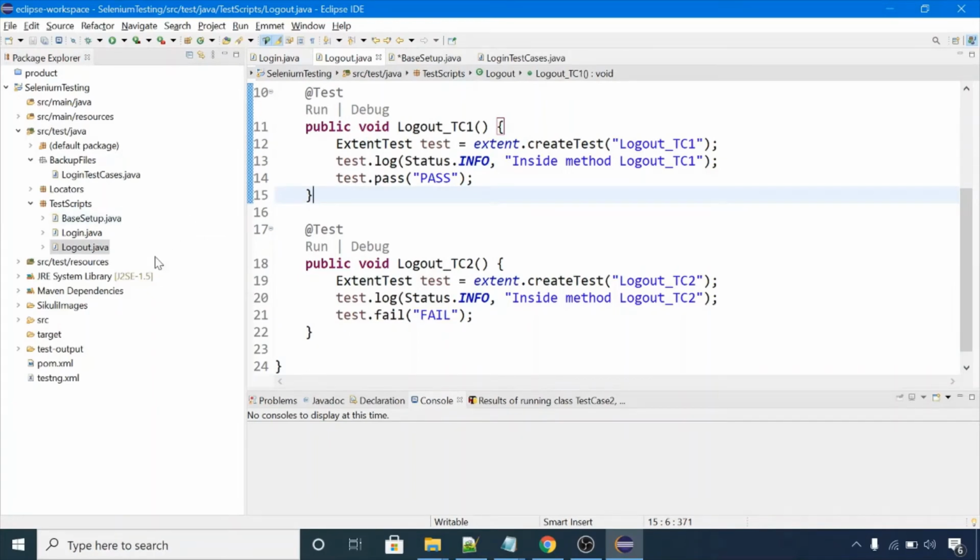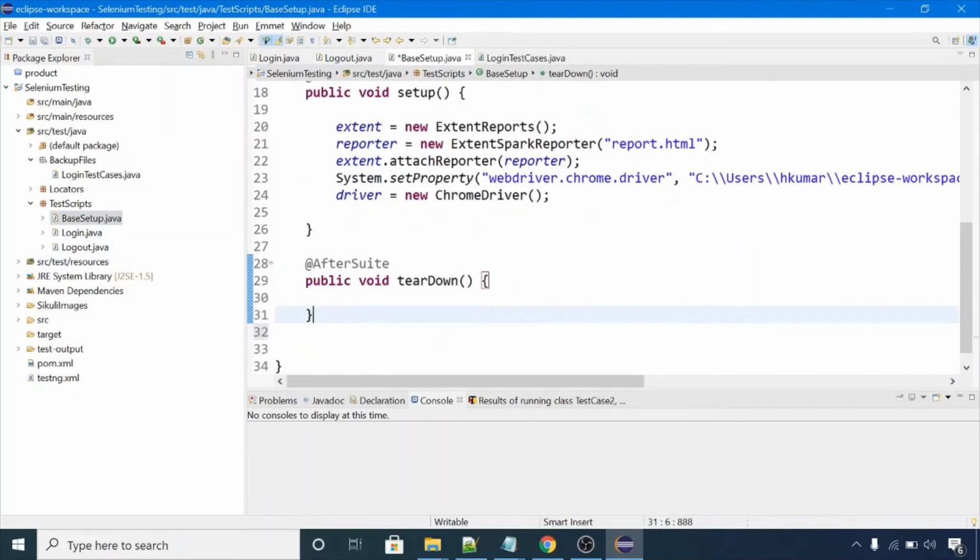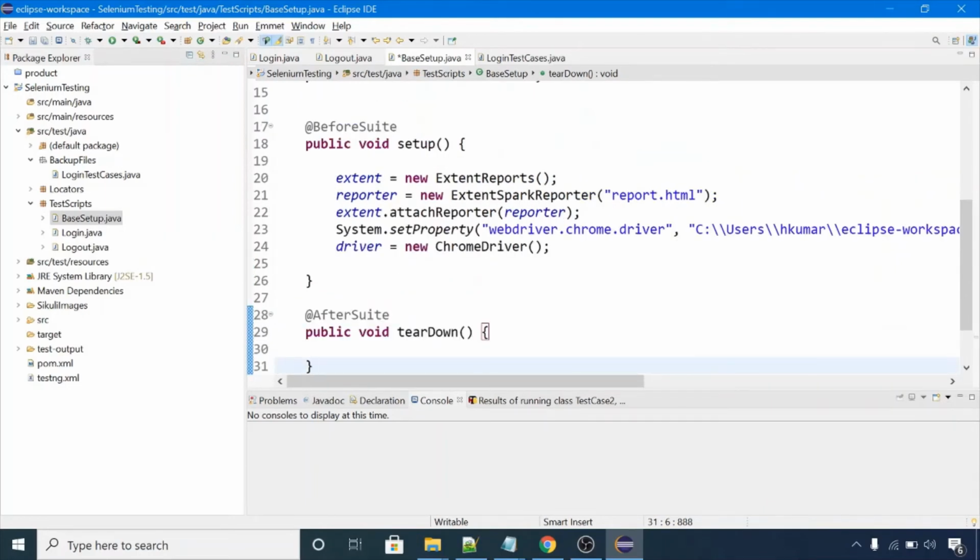So please don't put any test case in your setup file. In your setup file you can only keep annotations like before suite, after suite, before test, after test, before class, after class. Please don't put test annotation in this setup class.